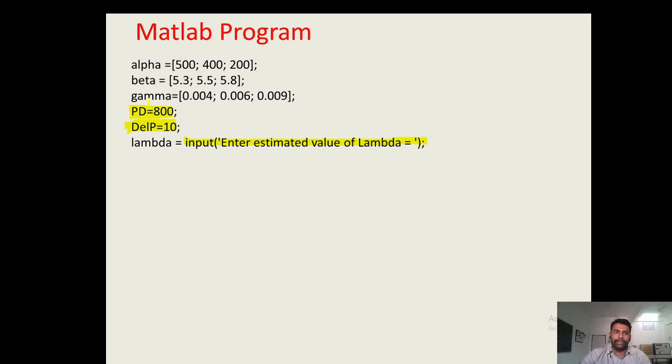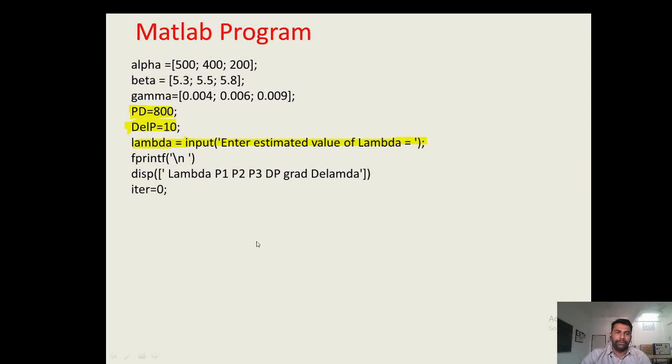When this statement is executed, the output on the screen will be lambda. So, enter the estimated value of lambda, you just put 6 by entering the value through the keyboard. Then printf \n, so we enter a new line, then display lambda, P1, P2, P3, del P or dP, grad del lambda. So, these values we have to display. This way, on a new line, this will be displayed in MATLAB.